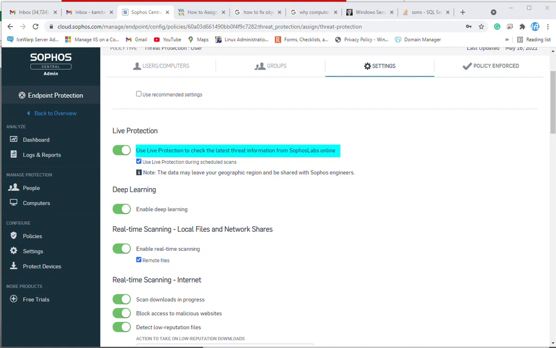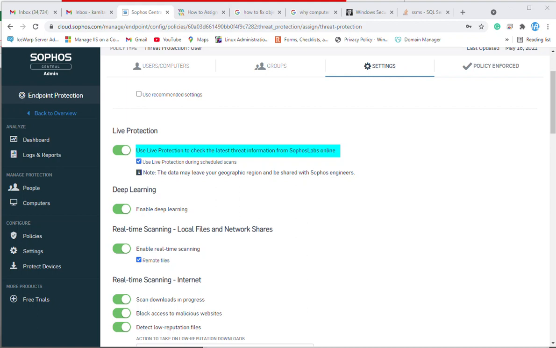Sophos Labs will provide the updates to their customers, and it will also provide a new experience in detecting the latest threats for us as well as for other customers. So live protection needs to be enabled always, and the data may leave your geographic region and be shared with Sophos engineers for checking the latest threat. As I told you, this will be helpful for us as well as for other customers also.